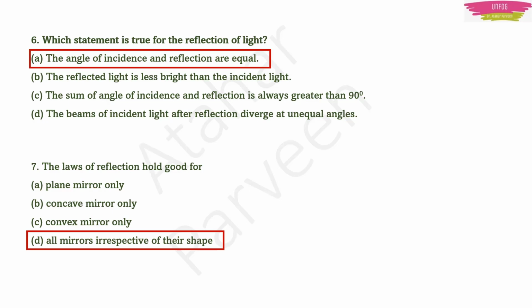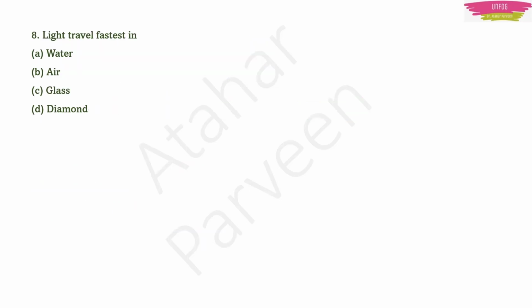Okay. Next question. Light travels fastest in. This you should know. Light travels fastest in air and the velocity of the light in air will be 3 into 10 to the power 8 meter per second. Okay. In water, glass and diamond, the velocity of the light will become lesser. Okay. Because you know it, right? Because see, diamond is hardest. Velocity will decrease only. In water and glass it will be a little more, but it will be less than air,